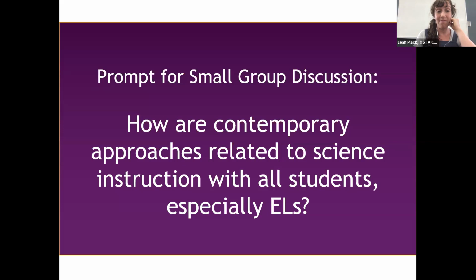I led a workshop for preschool teachers, and I had this experience talking with one of the teachers about this topic, and she was classified as an English learner. And she told me, you know, throughout school, people just treated me like I was stupid. Like that was her experience in school. And it really stuck with me that I think she was not engaged in the rigorous science ideas because of her classification, and she knew it. And it just broke my heart because I think this is true for so many students. And so I'm excited that this shift is happening because I think it is the just way forward for our kids.